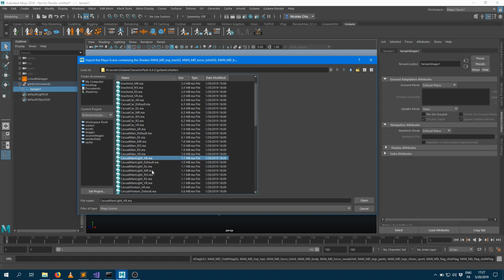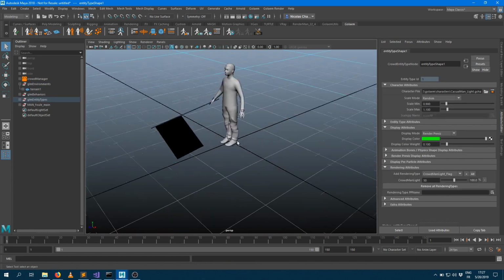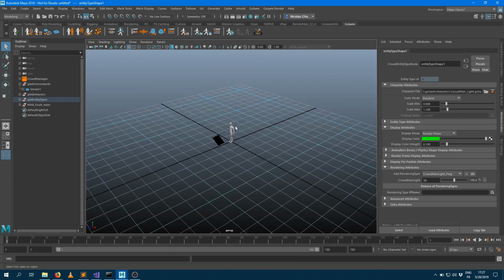So you have one for 3Delight, Mental Ray, RenderMan, Redshift, and V-Ray. So I'm gonna import that file here. It's gonna be imported in the middle of my scene, and so that's just my Lookdev character with all the shaders in it. But it could also be a sphere with all the shaders in it. As soon as the shaders exist and are active, they'll be applied to my character.